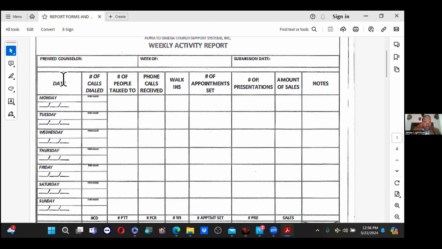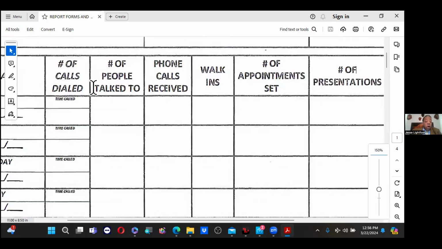Then you're going to come over here to where it says number of calls right there. And the number of calls, it's got two areas in there. You got time called, put that in there. And then you'll put the number of numbers dialed down here in the second area. Now, that tells you what you need to know in terms of when they called, how long they called, and the number of dials they made. That's the purpose of this. So you want to make sure that's filled out.